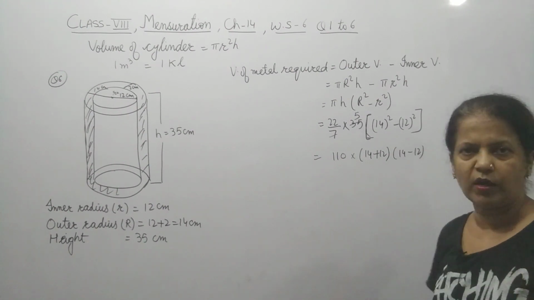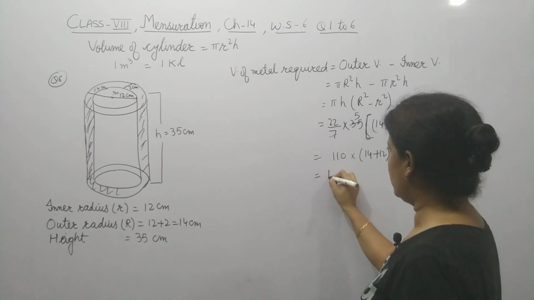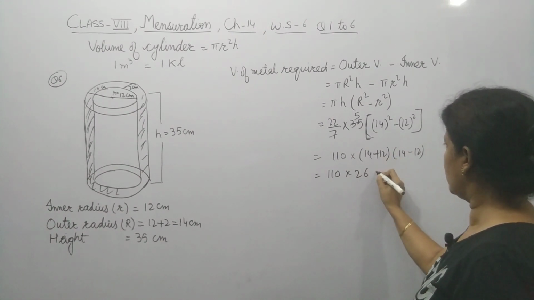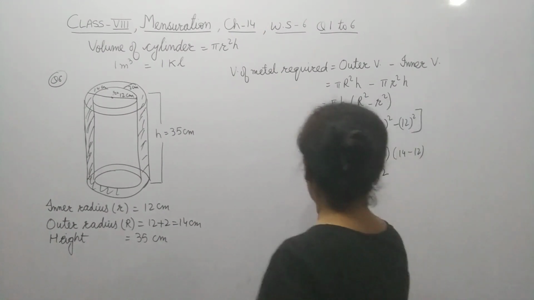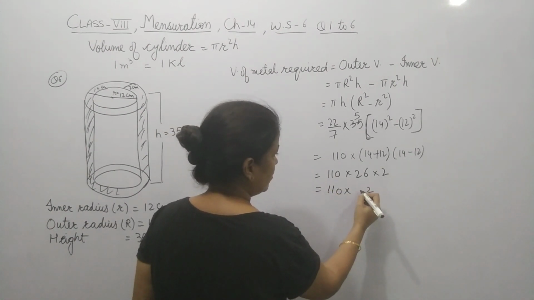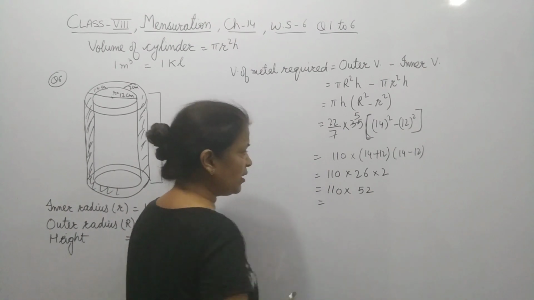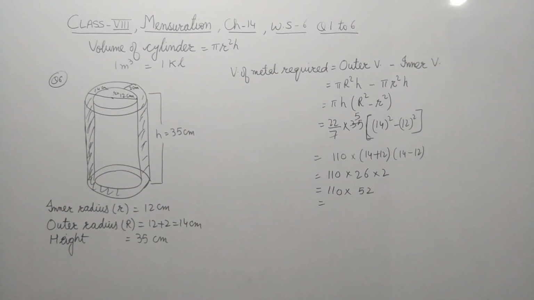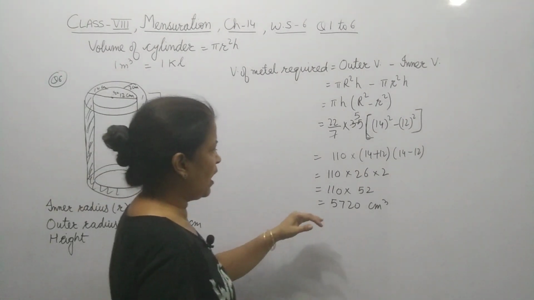This way also you can do it. So it is 110. Now add it 26, multiply 2. So this is 110. This you will get. Now multiply it and get the answer. So it will come as